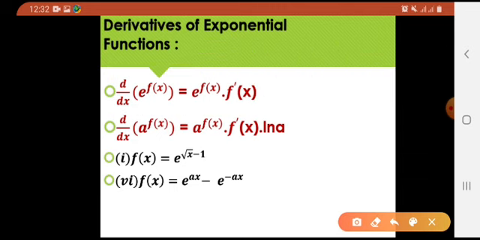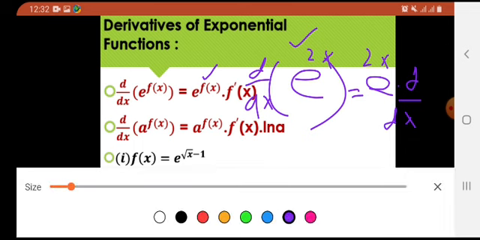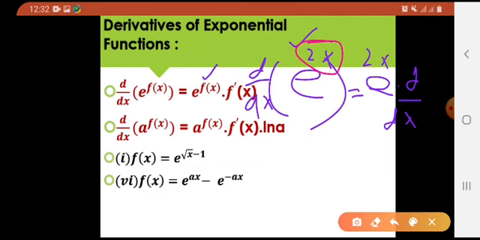Of course, from the formula it would not be that clear, so let me give you an example. For example, if I have e raised to the power 2x as my exponential function and I have to find the derivative of this e raised to the power 2x, what would be that answer? What would be the derivative with respect to x? It would be the same as per the formula. One time you write the same function again, into the further derivative of the exponent. What is my exponent over here? 2x. So the derivative of this 2x. Let us see what is the answer.